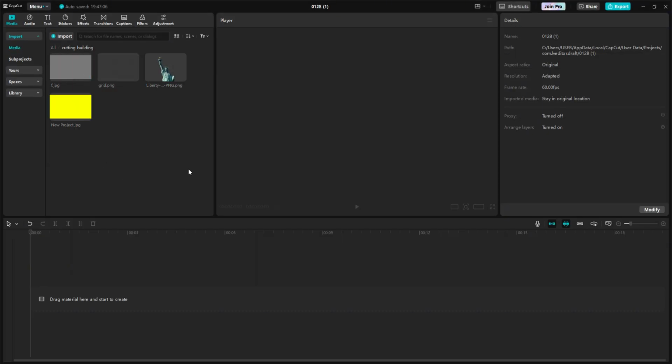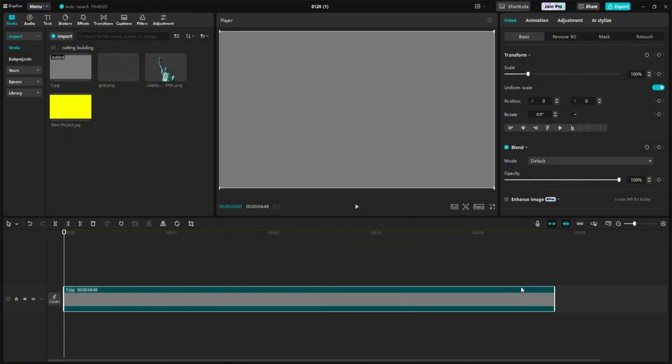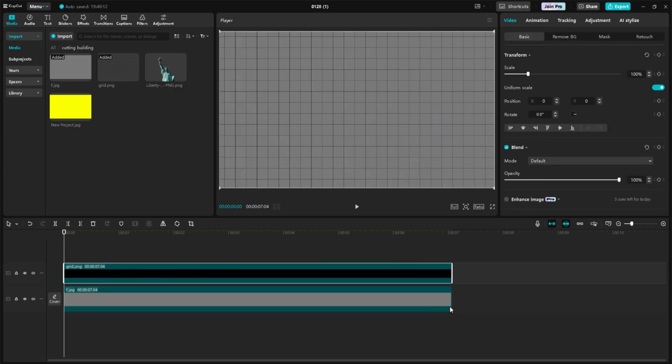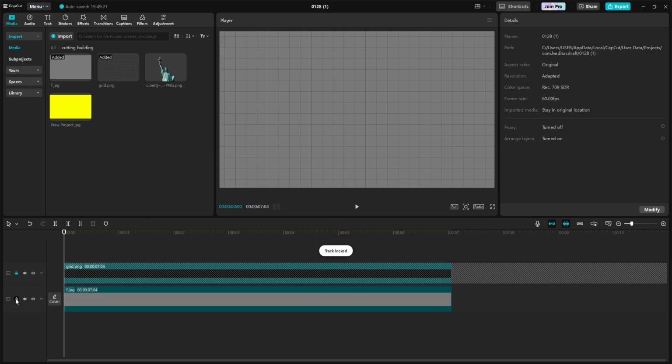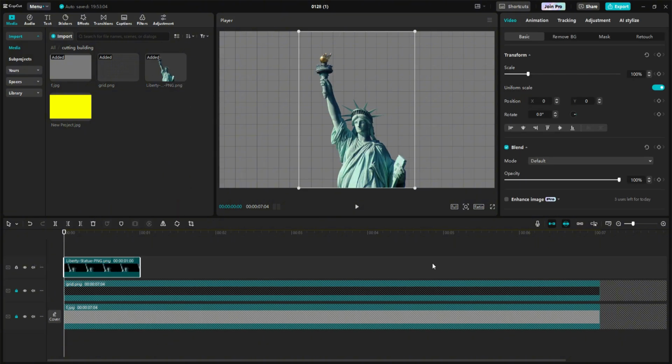Now let's open the asset folder. I'm gonna use this gray color for the background. Let's extend the duration to 7 seconds. After that, I'm gonna add a grid overlay for the background as well, and then decrease the opacity. Now lock both of these layers so it's not gonna interrupt the process. Let's add the object to the timeline.